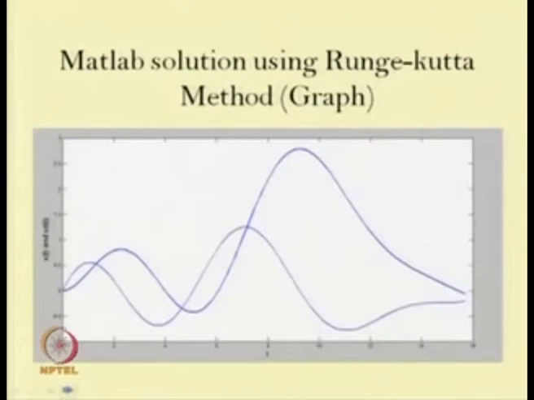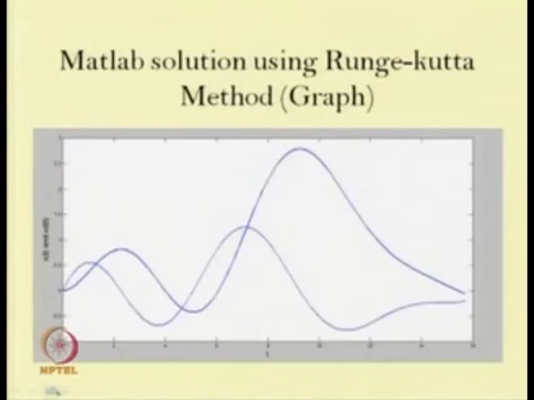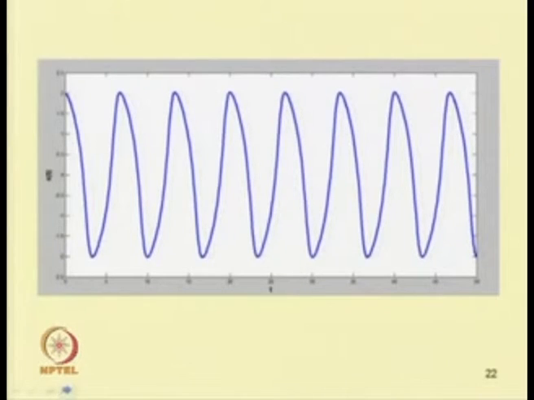This curve shows two different values of this equation. So, this is x t and x dot t that has been plotted here. Similarly, this is plotted for, if one takes the